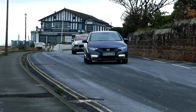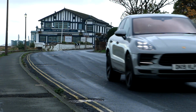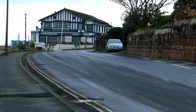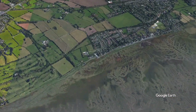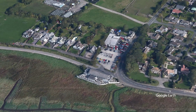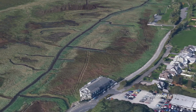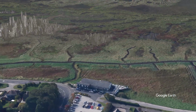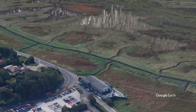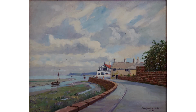and we can see that now from here. Now because Parkgate is now a conservation village, not much has changed, but we can have a look and see what it's like today in HD rather than the paint 2D that these were done in. Now these pictures here, they were bought in the 70s,